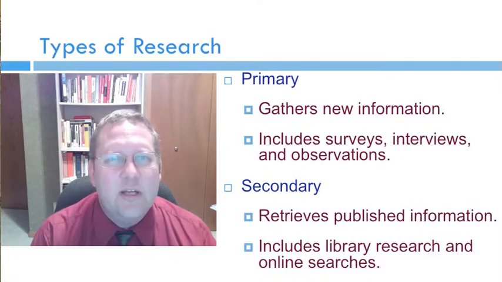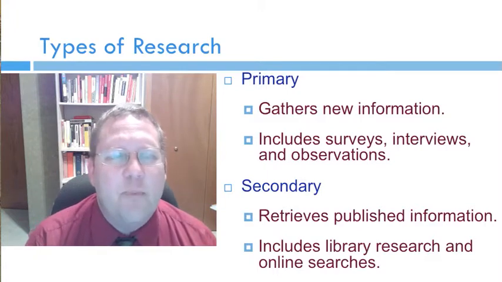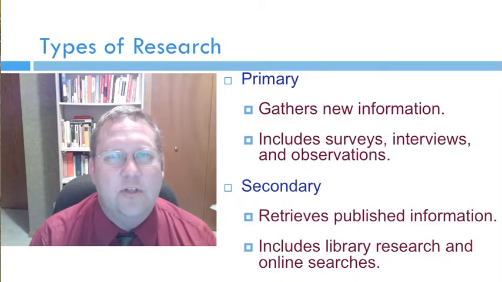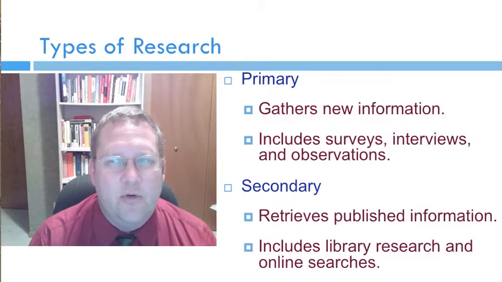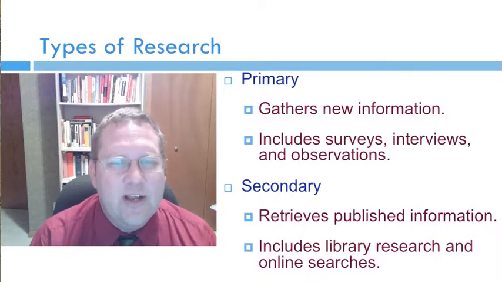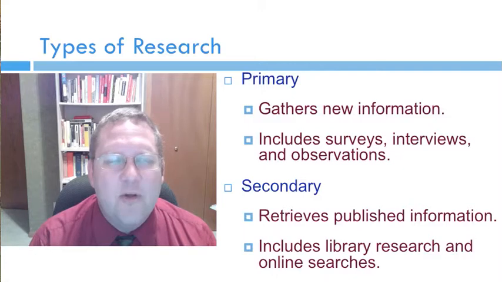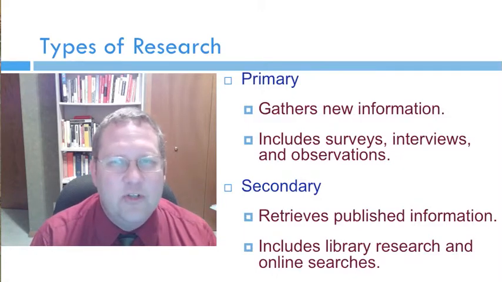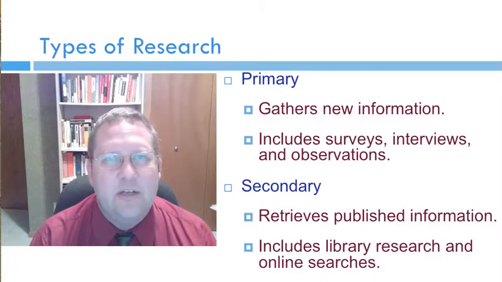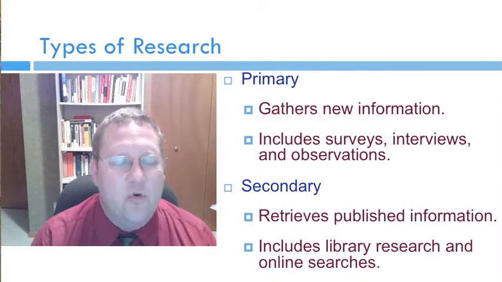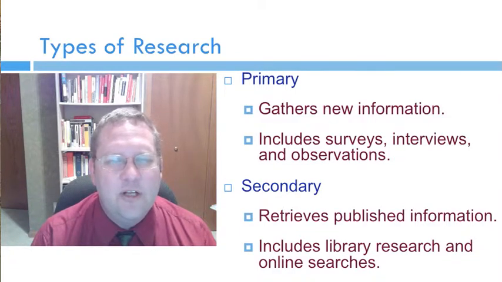It also includes, in historical research, texts written by the subjects of the historical research. So if Napoleon wrote a diary, or one of his soldiers wrote a diary about what it was like to be in the Napoleonic Wars, that's primary research. Secondary research is research that other people conduct that you access. So it is the analysis of Napoleon's diaries, it is the analysis of various surveys or observations. It's almost anything that you do in the library and almost anything you do online is secondary research.